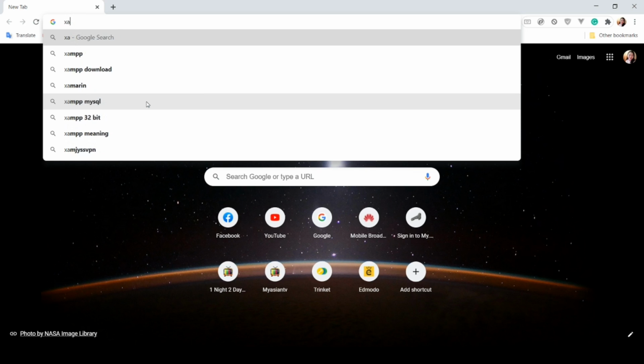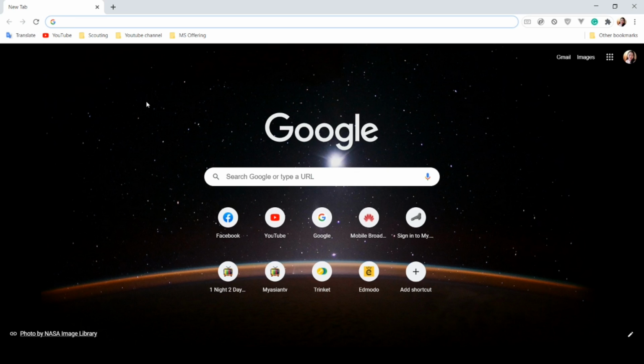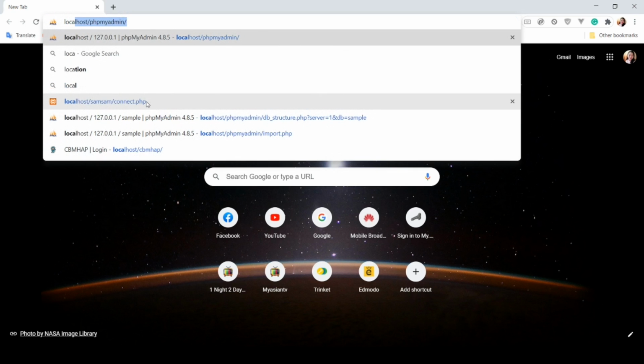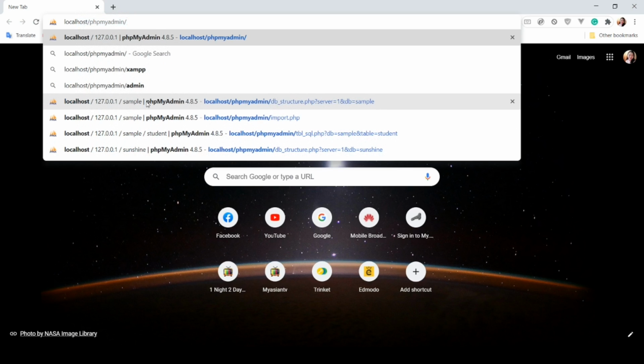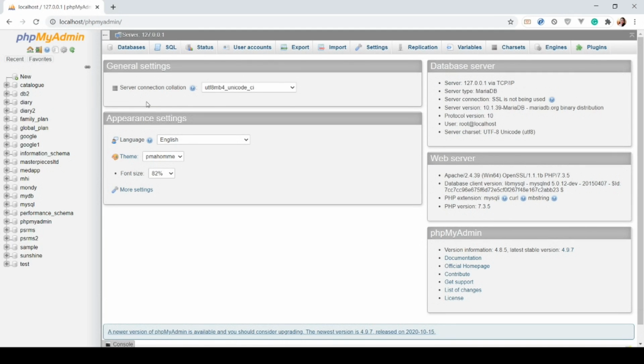After that, you need to open your web browser and type in the URL localhost/phpMyAdmin, and you will see the list of databases that you have already created, or if you're new with it, you will also create the database here.